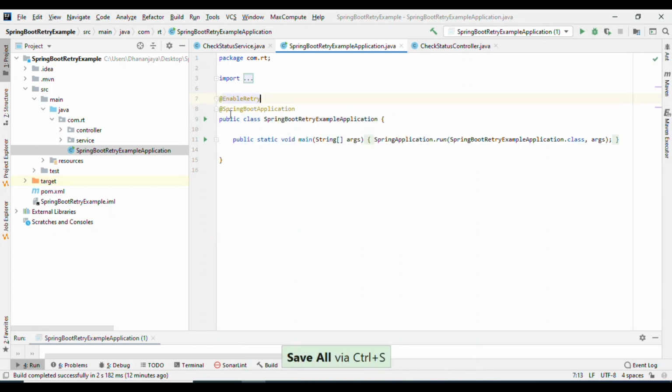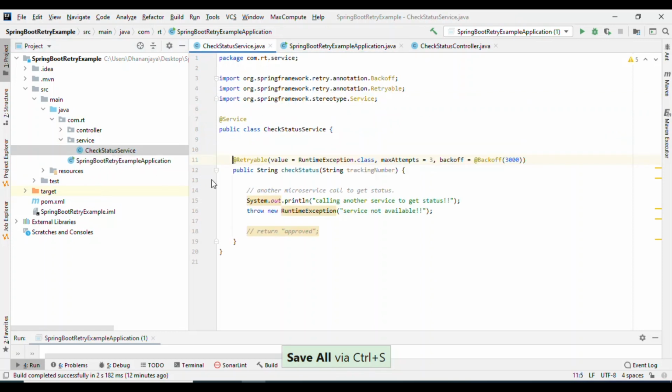So we have enabled the retry mechanism, plus here we have annotated with @Retryable: whenever a runtime exception comes, just try again 3 times, with 3000 milliseconds between attempts. Whenever a runtime exception occurs, this method will automatically retry 3 times with a 3-second interval.